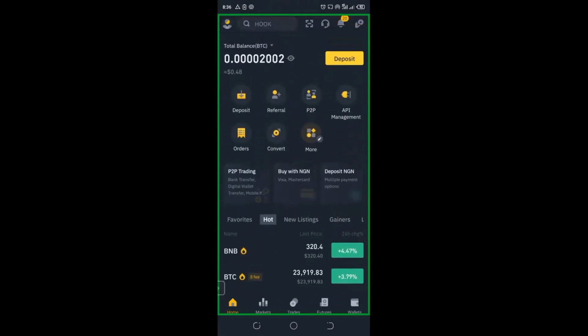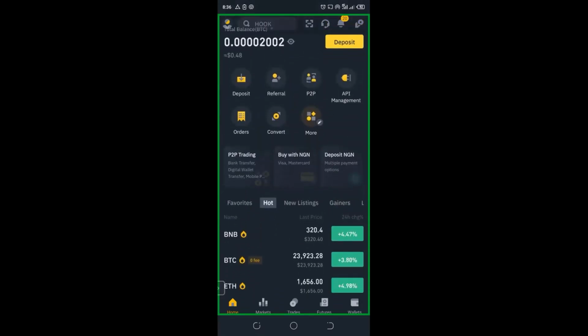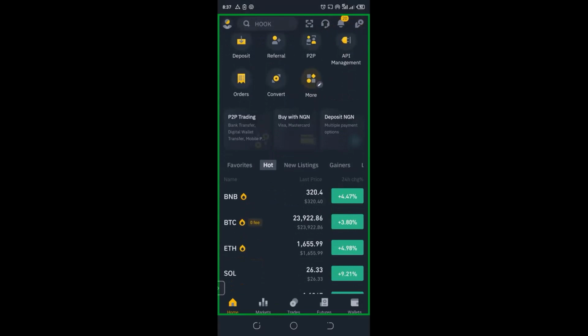So the first thing you want to do is learn how to buy and sell coin. The last time we talked about trading, we talked about spot trading and future trading. Spot trading is just the normal way of buying coin and storing it, then after the coin appreciates, you sell after some time. While futures is a situation whereby you make use of leverage, so you can make faster gains within a short period of time.